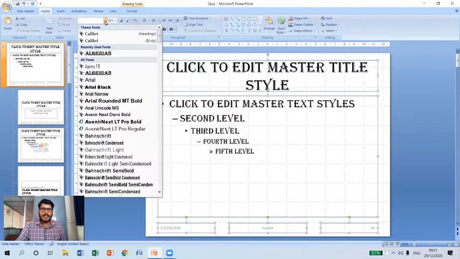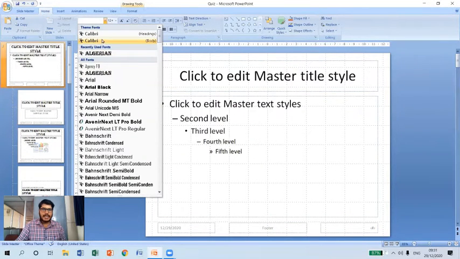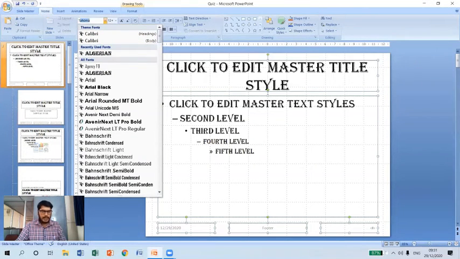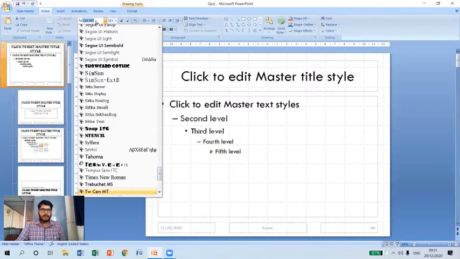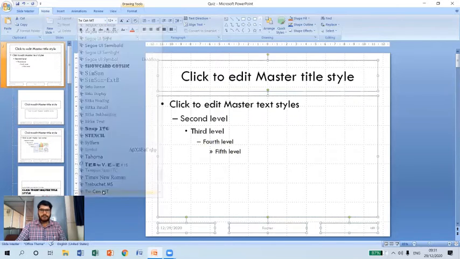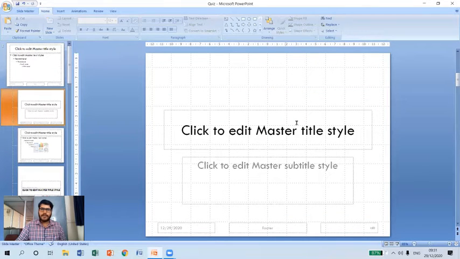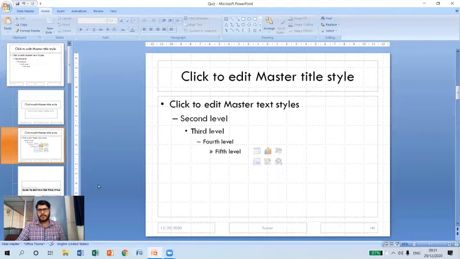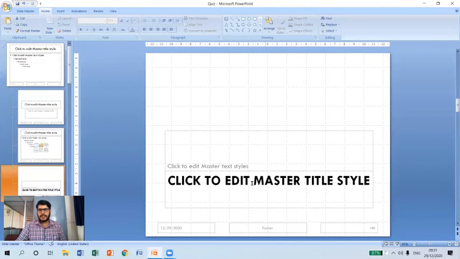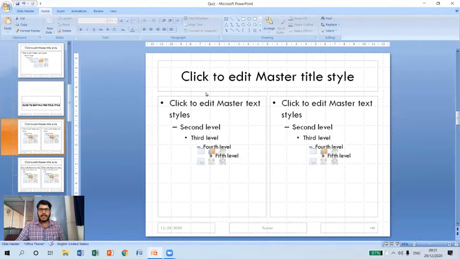Now I'm going to set the font style as TWCNMT. Okay. Now I will select this particular font style. So now you can observe here every title has been changed for different layouts. You can see here for each and every layout, it has changed the font style to TWCNMT, isn't it?